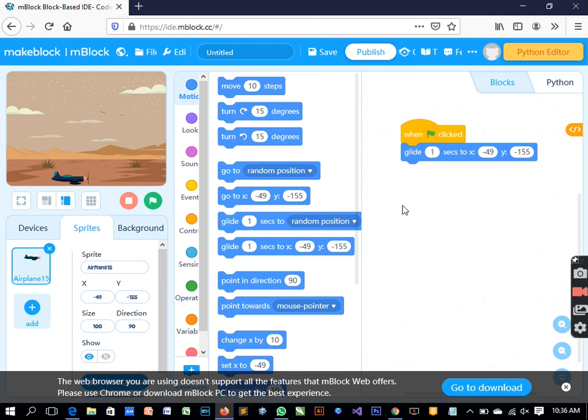So we need to now begin to code them. We now say point in direction. So the next thing is point in direction. I will look for point in direction. This is point in direction. I also drag that out and change